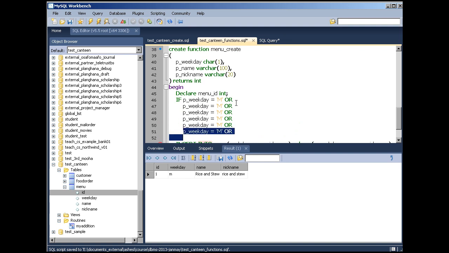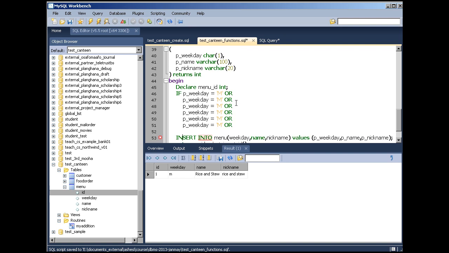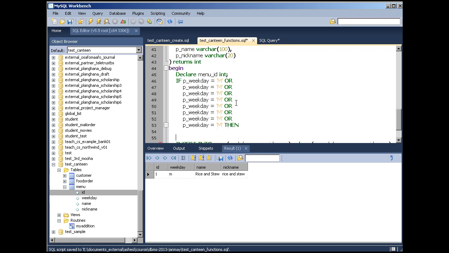Actually, we only do canteen. Do they do Saturdays and Sundays? Okay, so Monday is M, Tuesday is T, Wednesday, Thursday, Friday,